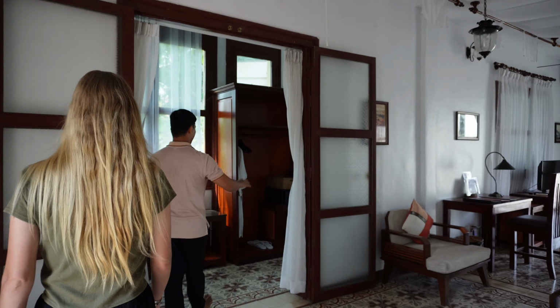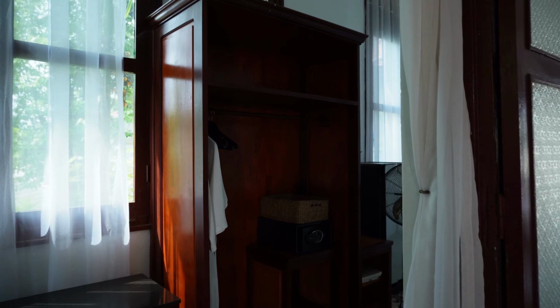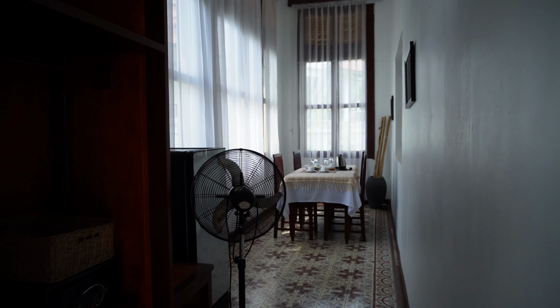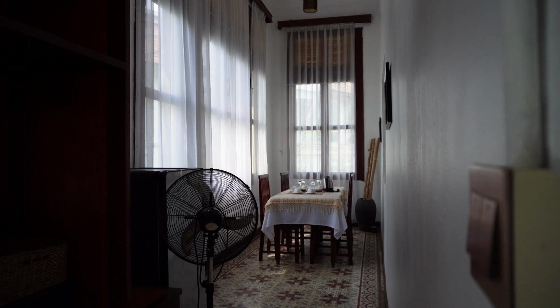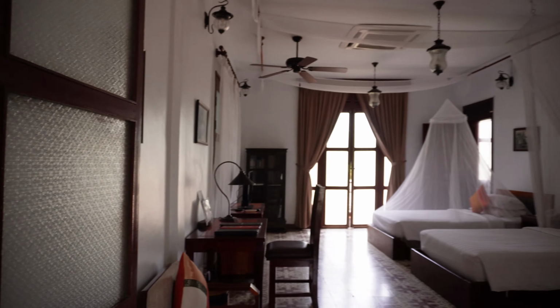And this side. That's nice. The kitchen. Oh, that's very nice. We don't have a kitchen, we have a private dinner here. Yeah. Basement. We have a small...